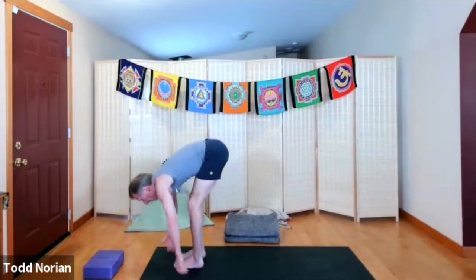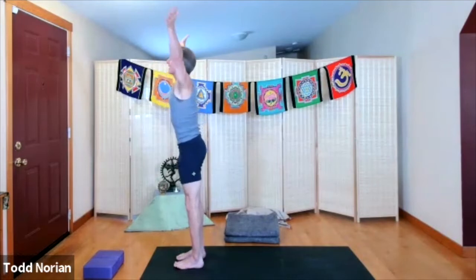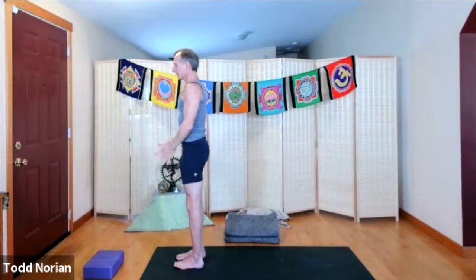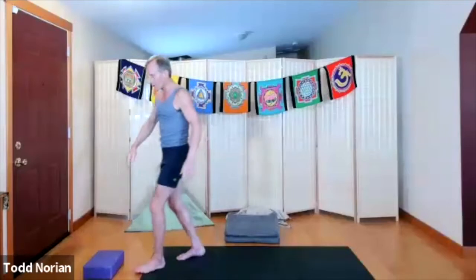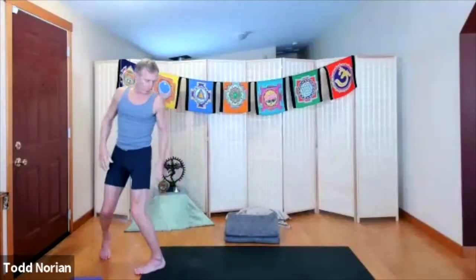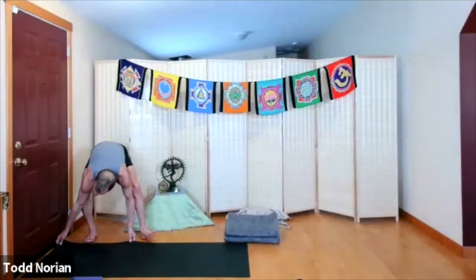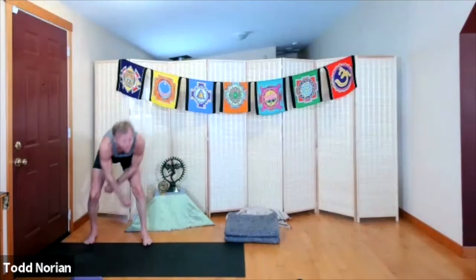Root down through your feet, sweep your arms out to the side, come on up, look up, and then exhale. Release your arms to the sides and in front of the heart. Come on over to a wall. If you have a wall space there, you can move your mat right up against the wall or door,